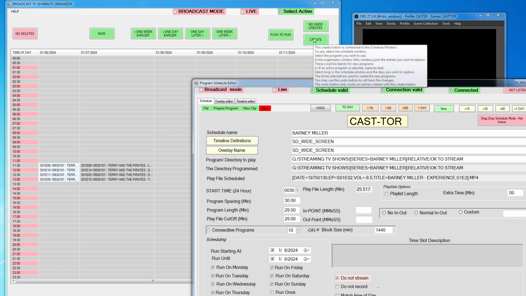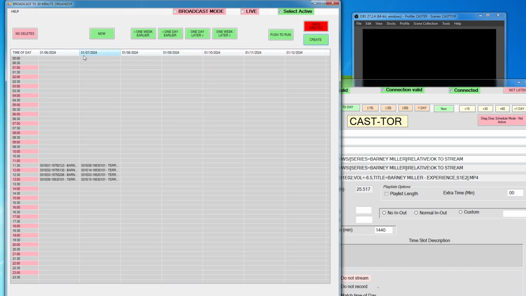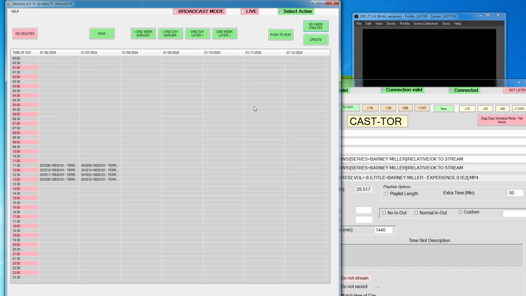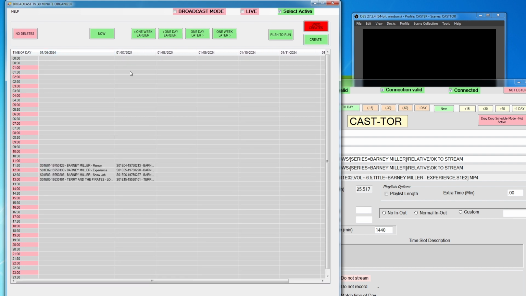So if I push create, you'll see that I got, well, Barney Miller. And if I undo create, there we go. So if you do create or right click and you come over here, you can do a shift click and get rid of them all. So you can see that isn't quite working as it should, but if I undo create,